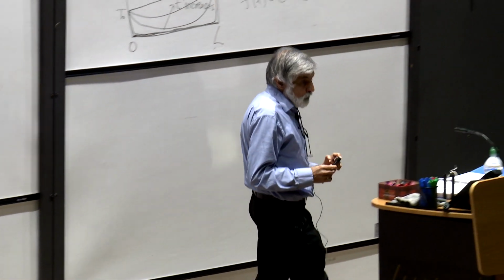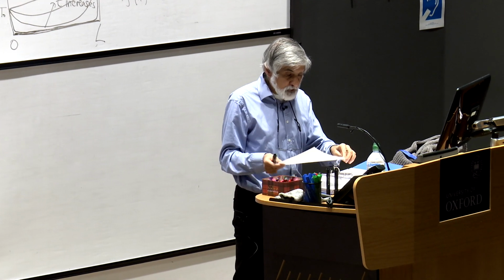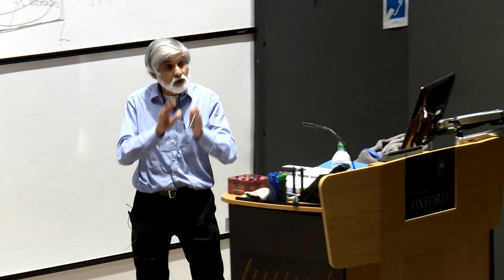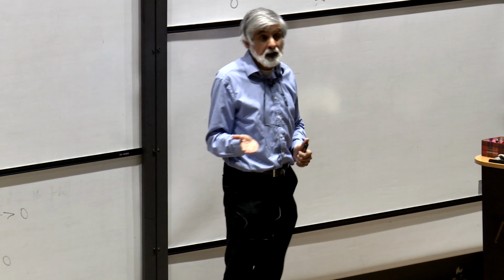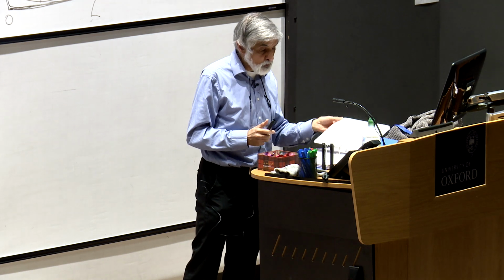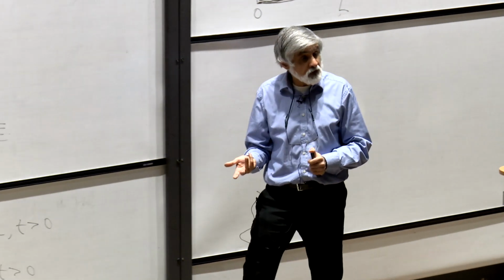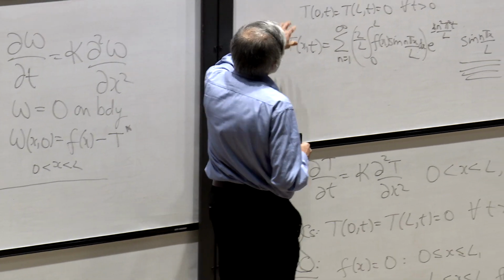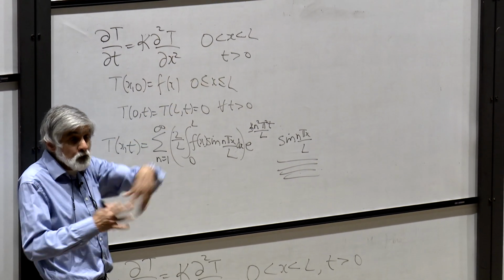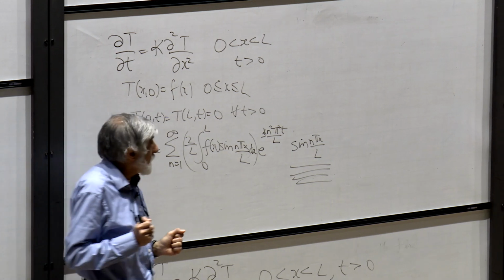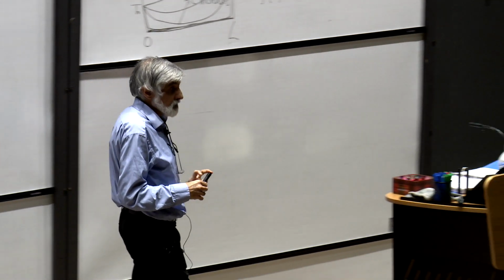So what we will do the next time is talk about some other mixed boundary conditions. What happens if you've got Neumann at one end and Dirichlet at the other end? How do you solve that? And then we will also talk about what happens if you've got a source of heat, so that the heat is not only diffusing, it's also being produced. Maybe you're heating the thing up. And then we will see how you solve those.